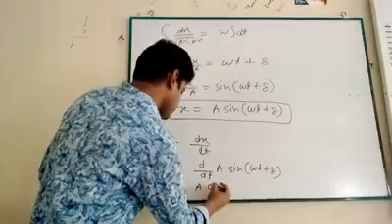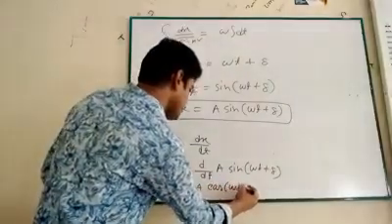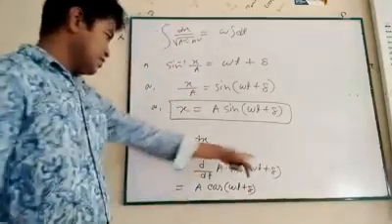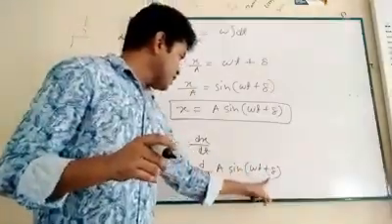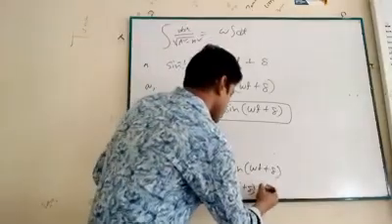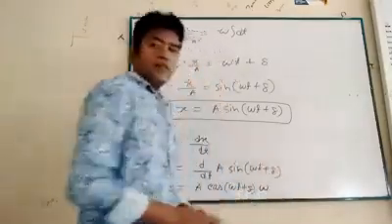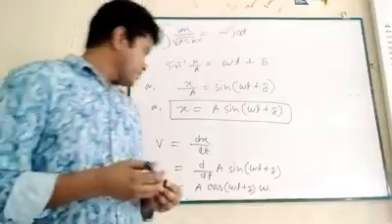If I differentiate sin theta, we get cos theta: cos(omega t plus delta), and we differentiate omega t plus delta. We get omega,